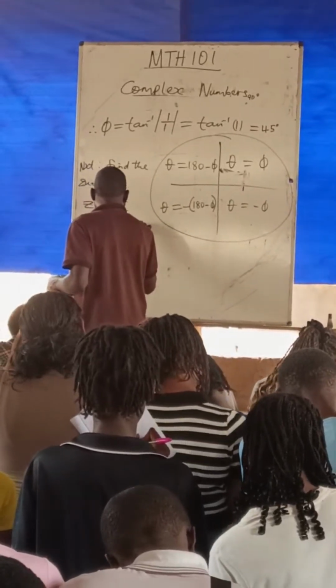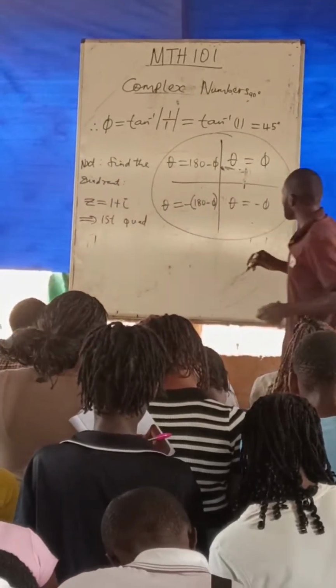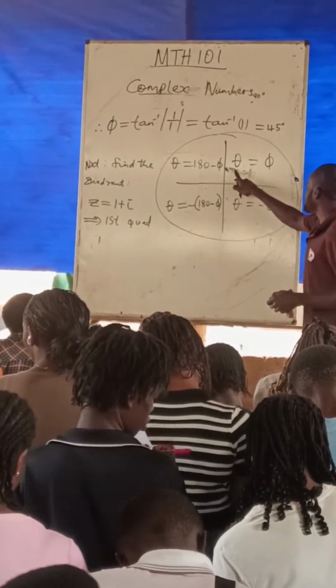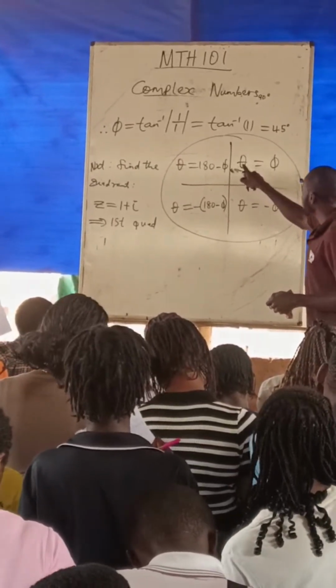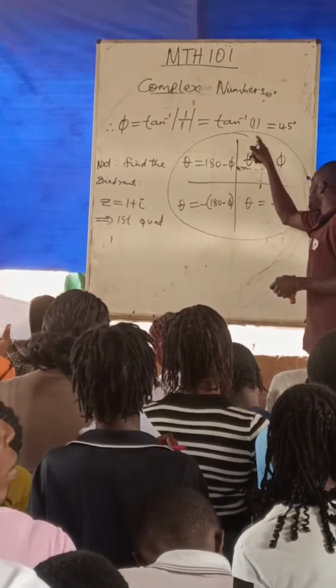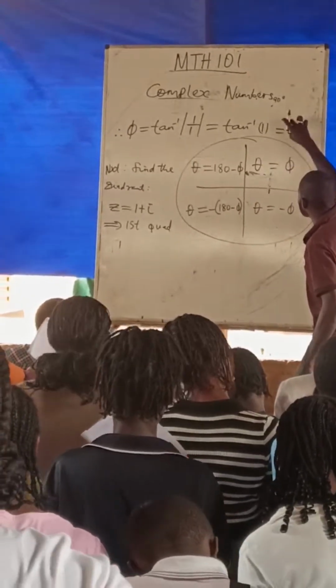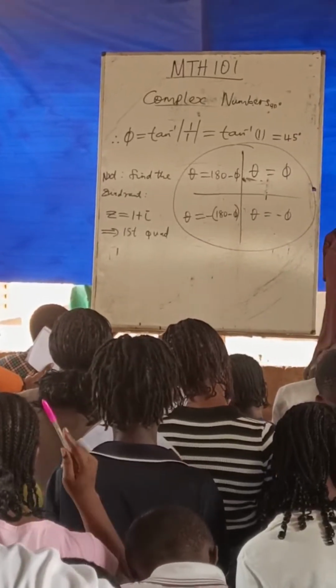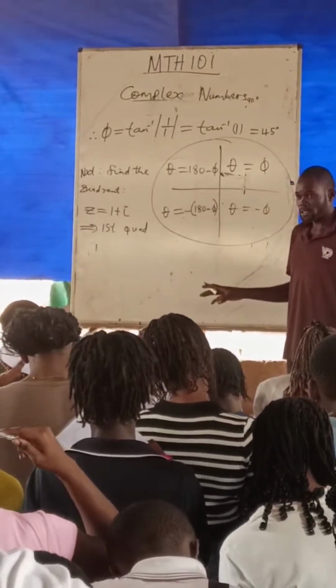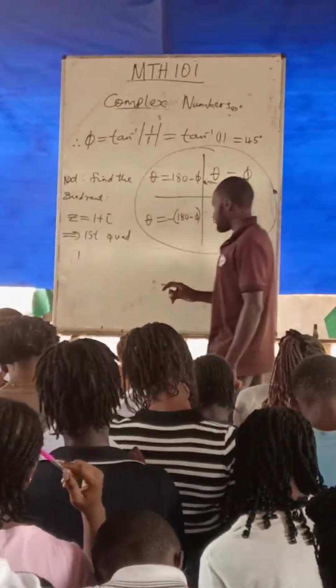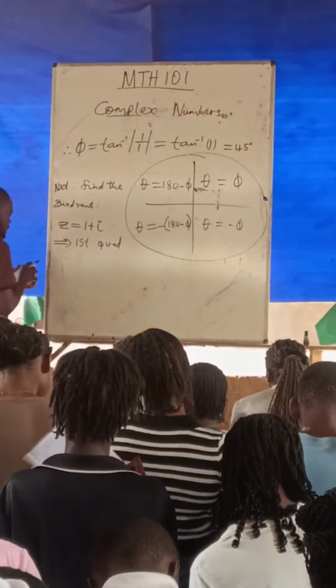Who can tell me the value of the principal argument in the first quadrant? It's the same thing as the rough angle. Once you are in the first quadrant, the angle you are looking for is the rough angle. That's the rule in the first quadrant. So this is what we call the principal argument map. So then what I will now say is, I'll say therefore